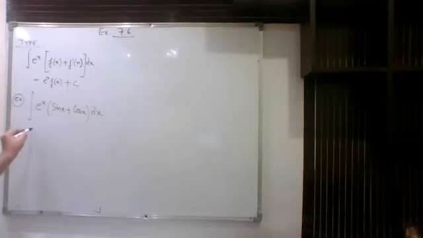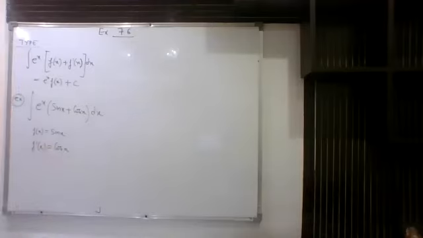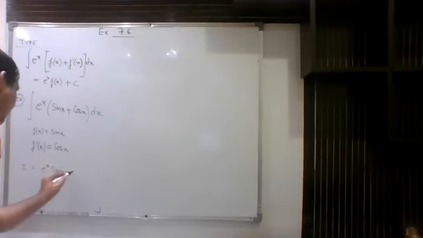Clearly you can see that if I take f(x) as sin x, then its derivative will be cos x. So you can see that it is of this form. So straight away I can write the answer as e^x into f(x) plus c. So this is a one marker standard question where directly we can write the answer. So why we can write it? Because of this form. Just you have to identify that e^x bracket f(x) plus f'(x), then straight away the answer will be e^x f(x) plus c. Now let me give you one more example of this form.